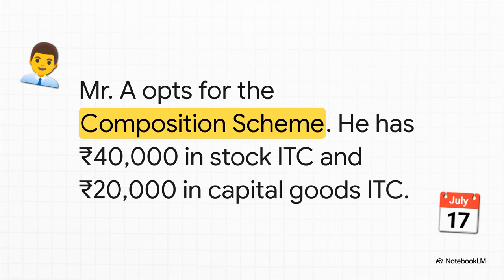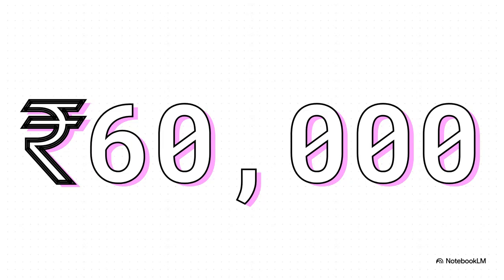He calculates that he's got 40,000 rupees worth of ITC tied up in his stock and another 20,000 in his capital goods. So what's the damage? Well, the math is pretty easy. 40,000 plus 20,000, that's 60,000 rupees. That's the amount he has to reverse using Form ITC-03. And he can pay that right from his electronic credit ledger, assuming there's enough in there, or he'll have to